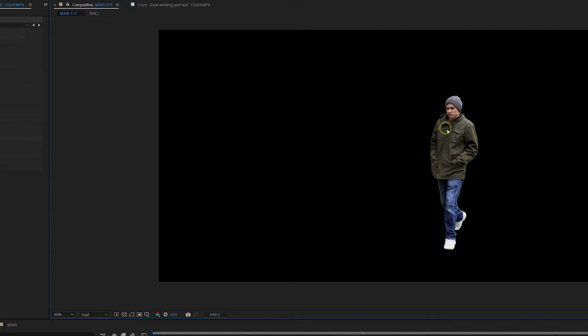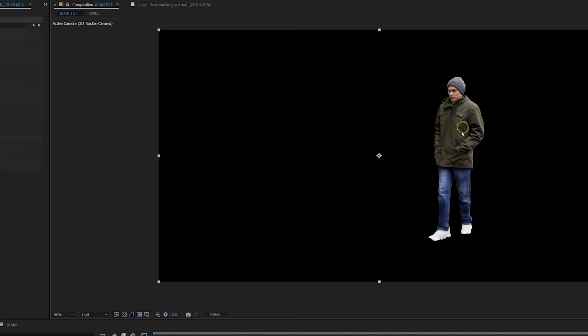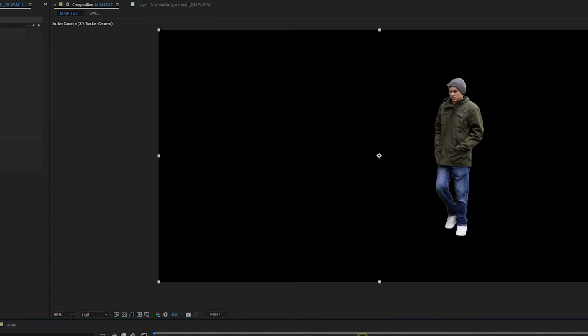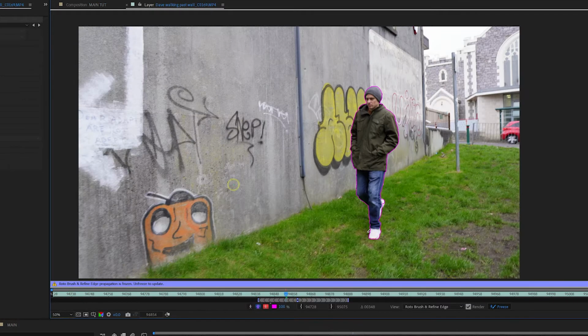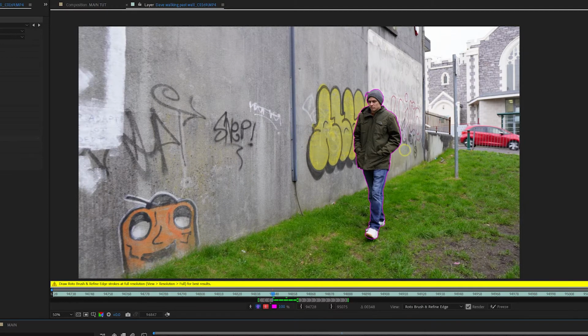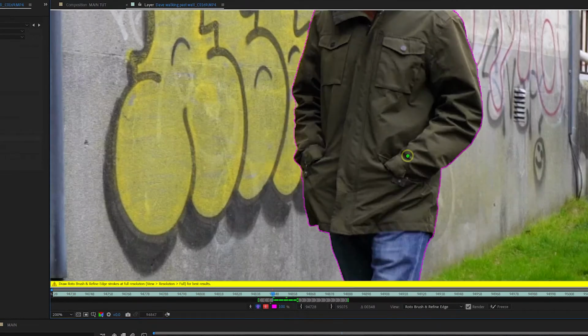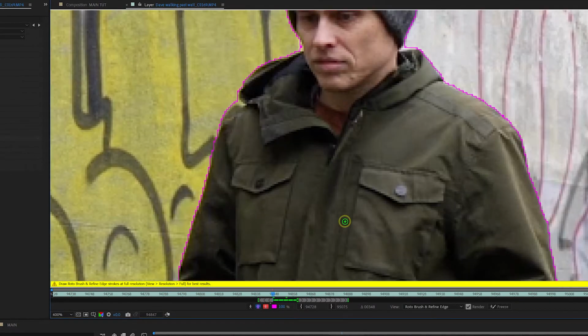So there's the basics. Now let me just show you one more feature of the Rotobrush, which would be if you had a very complicated edge. So I'm going to go back into here. Now what you can do is you can actually unfreeze this. So you click this and it unfreezes it, and we can edit it again. So now I'm going to go along here. You can see it had trouble with the hats. Now let's just zoom in here, and I just want to show you one more pretty good